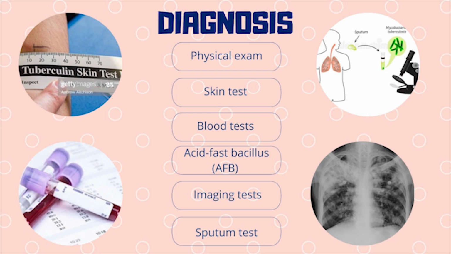So doctor will recommend this test para ma-confirm if a patient has a pulmonary tuberculosis. So physical exam, of course, makikita dyan. And then skin test, blood test. So skin test and blood test, ginagamit yan for latent TB. And then the acid-fast bacillus, yung sputum ni patient, lalagyan siya ng acid-fast bacillus or bacteria. And then they will check if nagre-react doon, then there's a possibility na positive na pulmonary tuberculosis nga meron si patient.